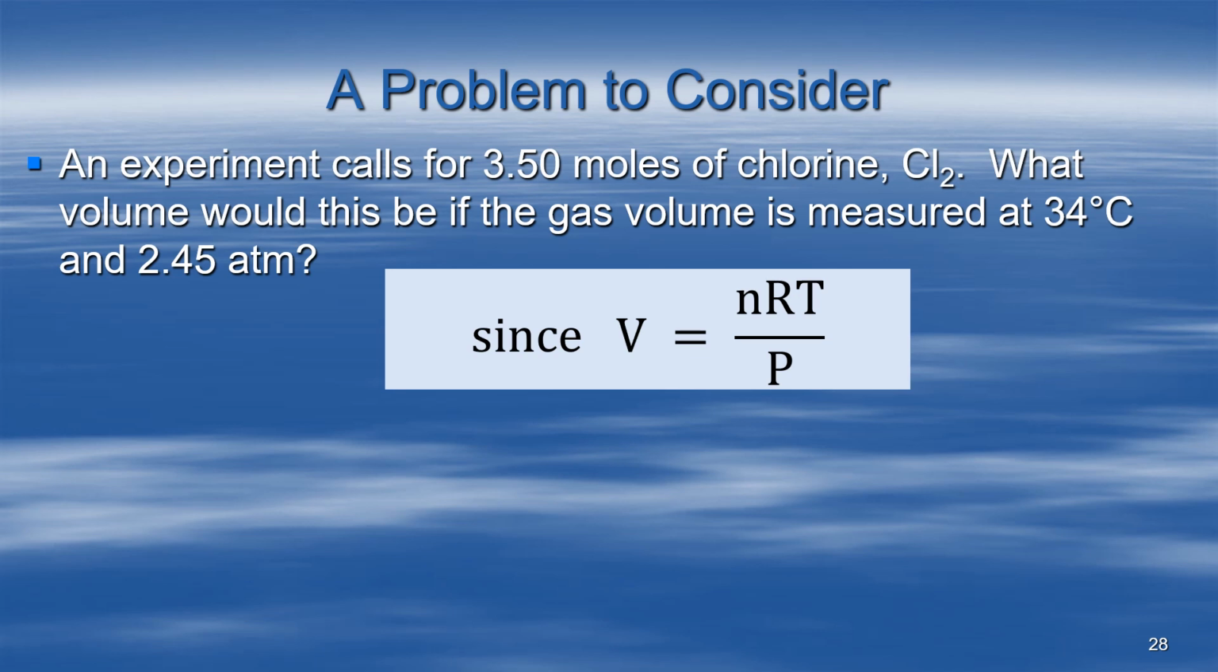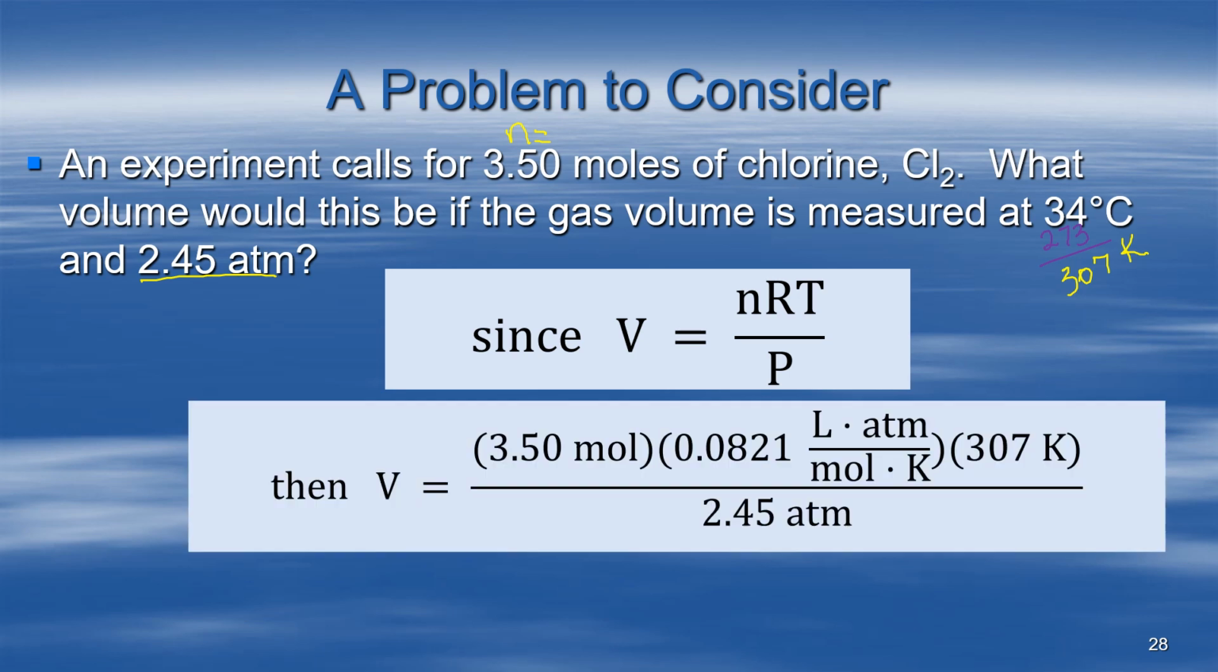Again, make sure that our temperature is in Kelvin. That would be 307 Kelvin. We want to make sure our pressure is in atmosphere, which it is. That will give us our volume in liters. And we want N to be in moles. So if we plug that in, we have N is 3.5 moles, R is 0.0821, T is 307, and P is 2.45 atmospheres. And look what happens here with the units, because this is that funky units, what happens is